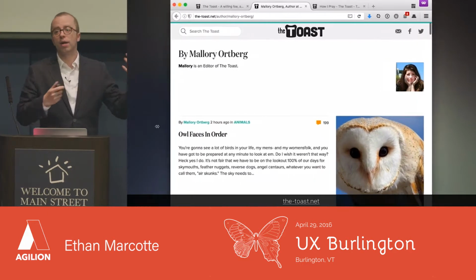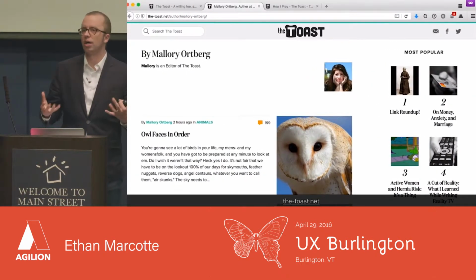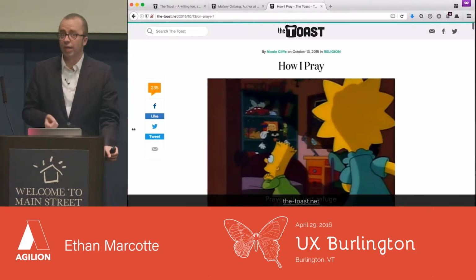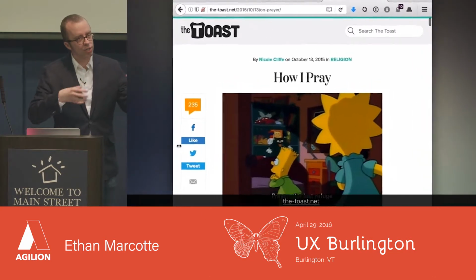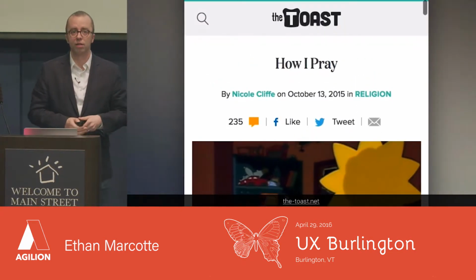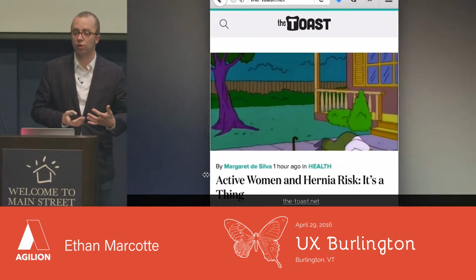Now, if you spend any amount of time on those pages, you're going to notice that there looks like a lot of content, right? They publish a ton of stuff. It's visually quite dense. But from a design and implementation standpoint, there's actually just a few different design patterns that go into building these complex-looking pages. And in fact, the one that I want to turn you to is the real workhorse,